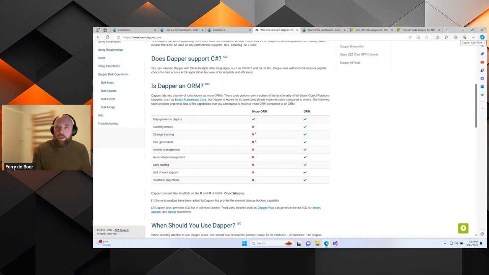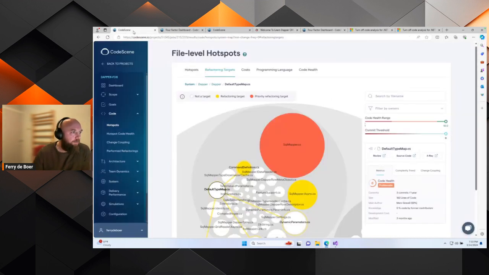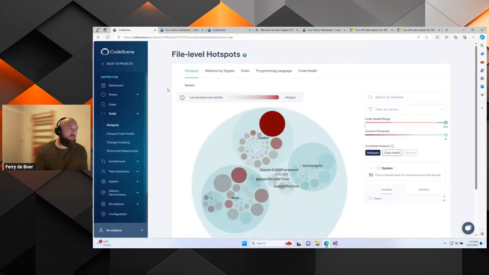For those who weren't here, I'm going to take a similar approach as I've done before, but I'm not going to go in depth with CodeScene. I will show you a few things, but because it's a much smaller code base, there's a little less to see there. So I'll repeat myself a bit when it comes to what I did last week. CodeScene analyzes your code base, but it also takes into account the time dimension. So it looks at the history of the commits,